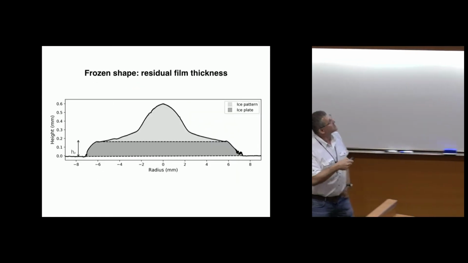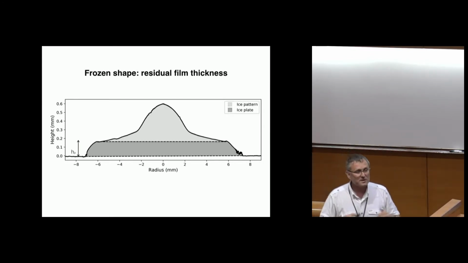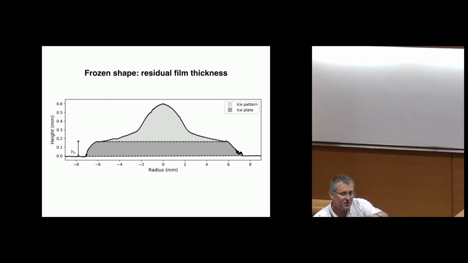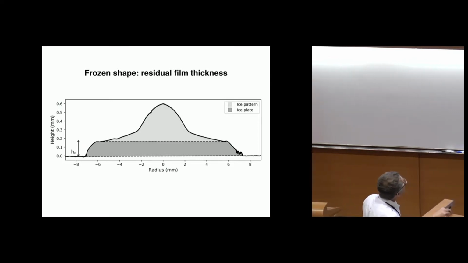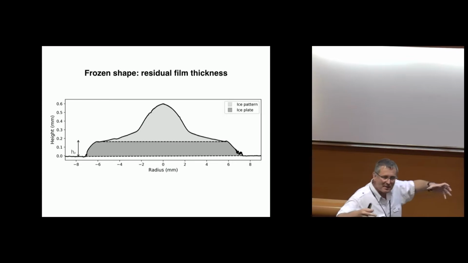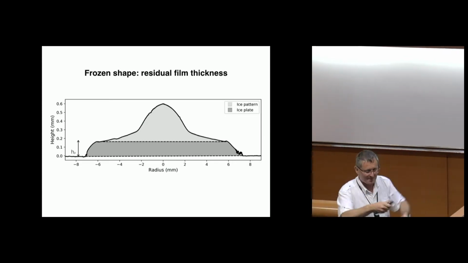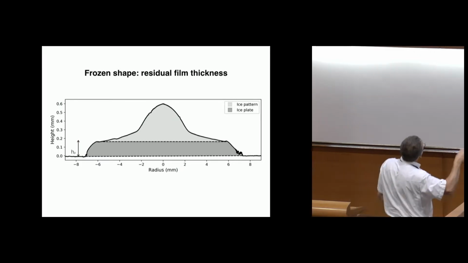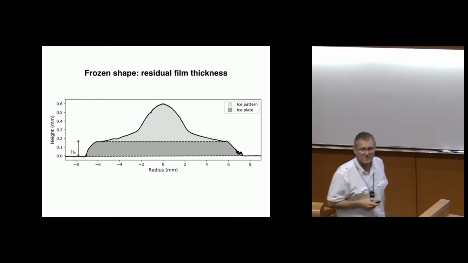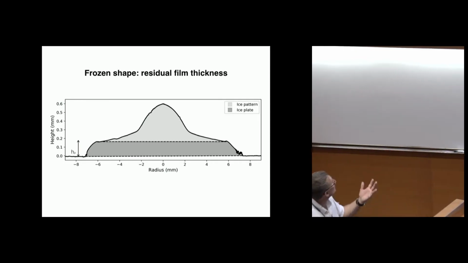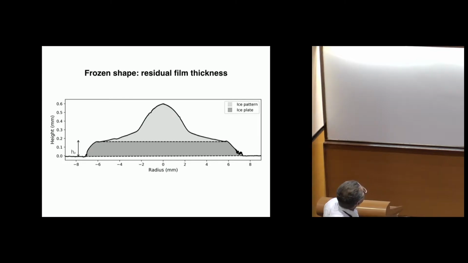Okay, so when the drop is totally frozen, we can with a laser make a map of this drop, and the solidified drop looks like that. So in the last case I showed you, you have a pancake layer, which is this HP that I will study here, on top of which you have this structure that has been created by the retraction of the liquid layer that was still not frozen when the retraction started. So what I would like to study today is what determines this HP. What are the physical mechanisms that determine the value of HP?